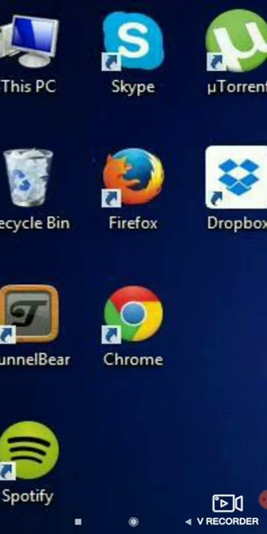This is the closer look, the default look of a desktop screen. We have This PC, recycle bin, and Firefox, which is another web browser for internet. Then we have Google Chrome, and these are all different icons and the names for them.